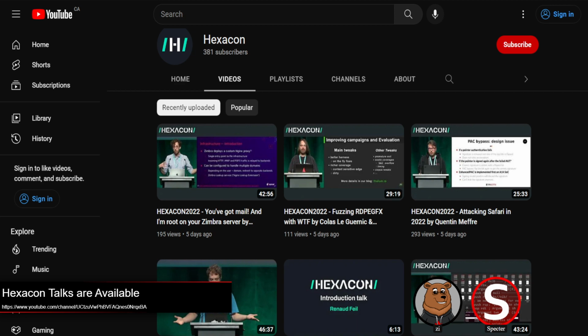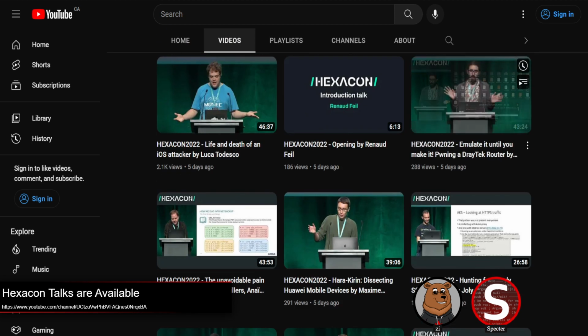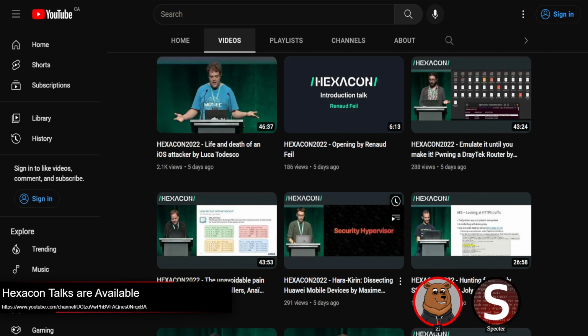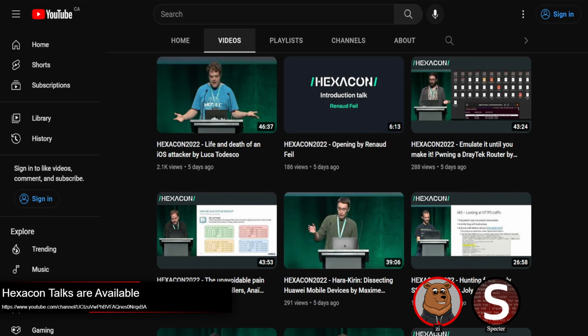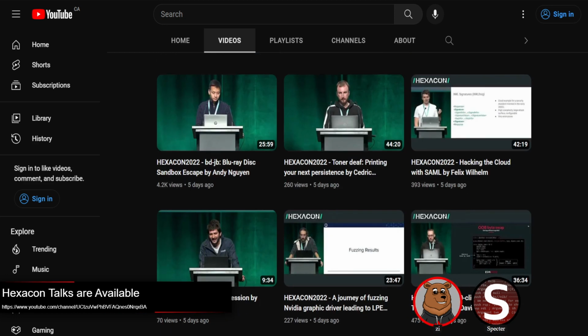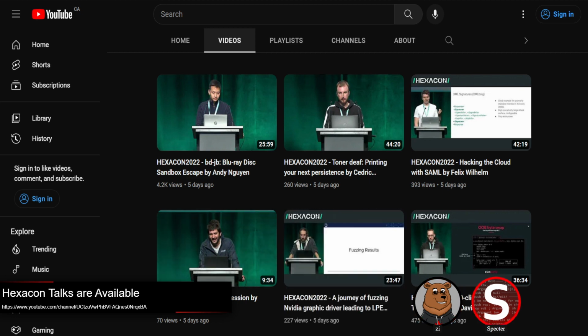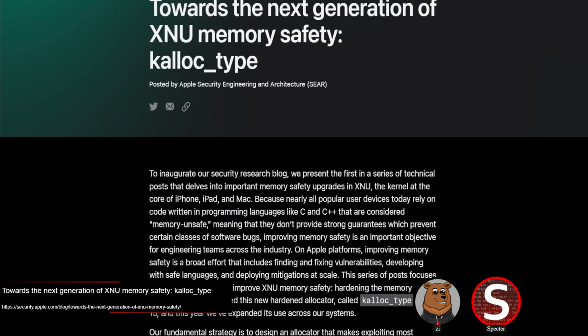Some other ones I will be checking out for sure. And I think there's some cutting edge, good knowledge you can get from these talks. So yeah, it definitely looks like a good set of talks. I haven't had the chance to actually go through any of them, so I can't comment. But given the background, given the lineup of people presenting at it, it seems like a solid con and solid videos. Yeah. All right, so let's get into our first topic here, which is by Apple's security research blog,